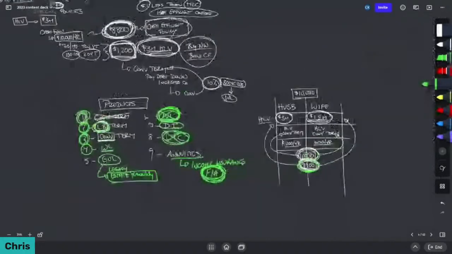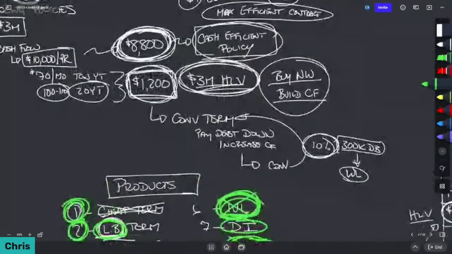Now, like I said, if we go back to this and you've got a $10,000 budget, if it's going to cost you $1,200 to get the insurance coverage for yourself, and you've got $8,800 left in cash flow, we have to figure out, what are you doing with this cash flow? Are you paying off debt? Are you going to put it into a policy and then leverage it? Do you have other money that you can front load into a policy?